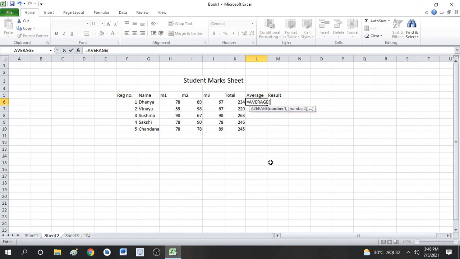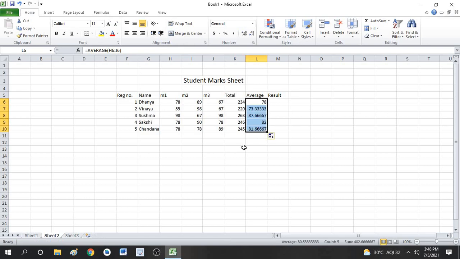Average. So here also I have to consider from H6 to J6. So H6 colon J6. Close the bracket, enter. Here also same thing, you can just place your cursor and drag it down.